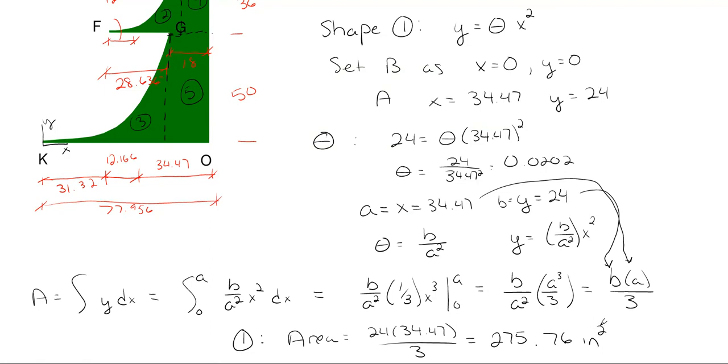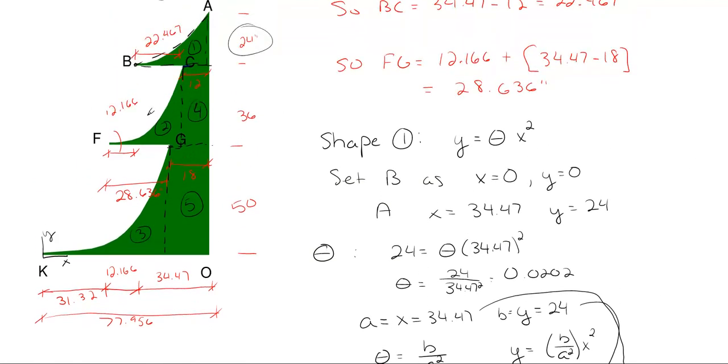Alrighty, so there's one area down, and then we're just going to repeat that process for the second shape from F to C, and then for my third one from K to G. Just keep in mind that the equations are going to be a little bit different, but it's going to be the overall same process, and there is a pattern that will form. Alrighty, so for my shape number 2,